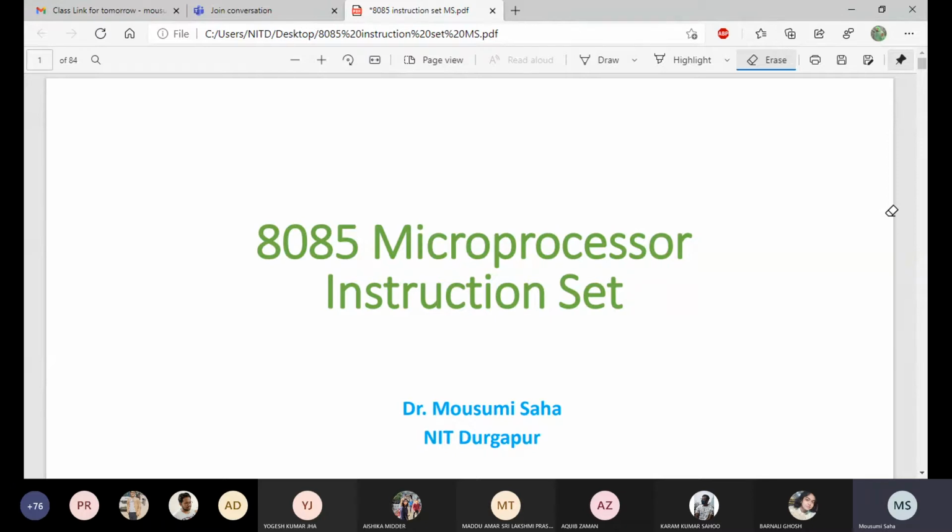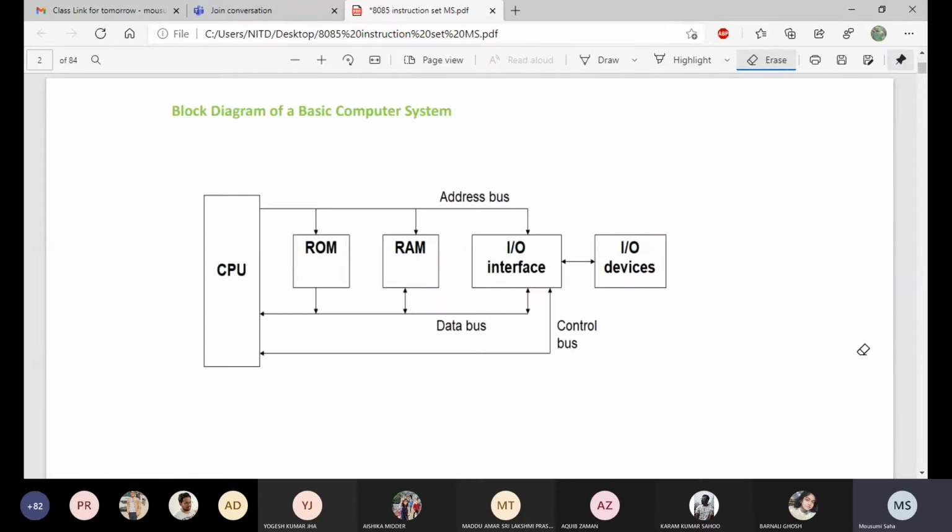Because assembly language programming is very close to the hardware, and it has a specific number of instructions that support that architecture. If you understand that architecture, then you can write the program, otherwise no. So for that reason, I will explain the architecture a little bit. Now, this is a basic block diagram of any computer system,